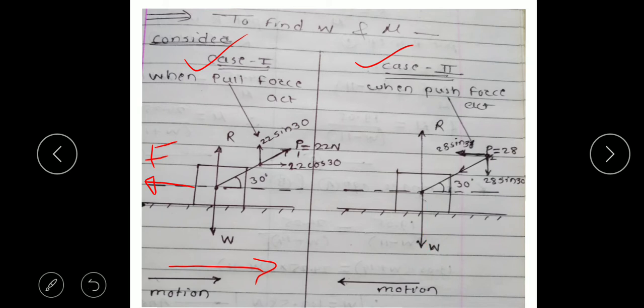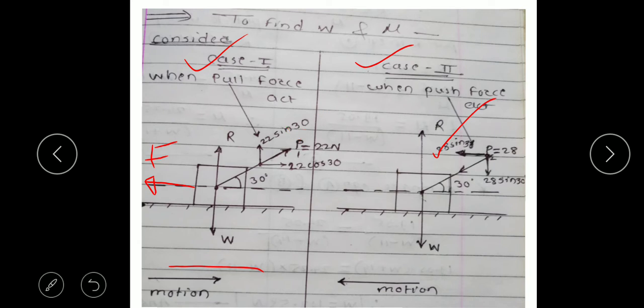And the nature of the force is push type, so the arrow directions will be opposite. So here you can see the diagram. This is the push type force, that's why we are showing the arrow toward the center. Toward the center we can see the direction. Concentrate here, directions of the arrow, and here the direction of arrow.